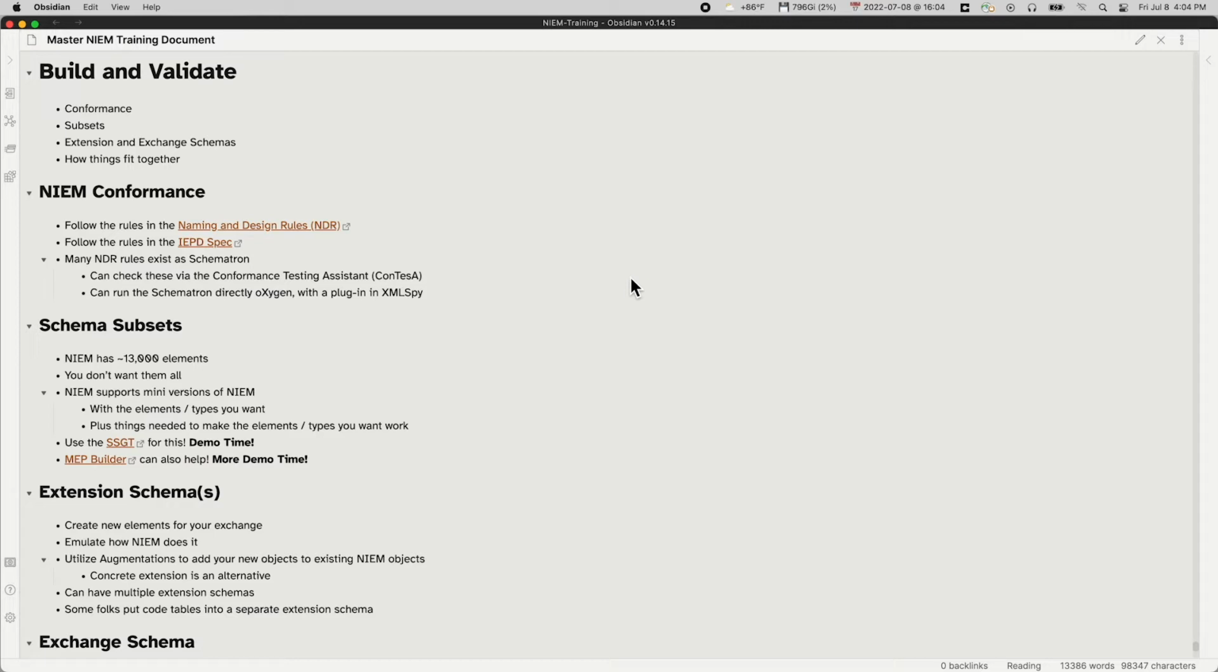So I said you don't have to read the NDR, but I also said the NDR is full of rules. So how do you make sure those rules are applied to your work? Well, you can do that because many of those NDR rules exist as schematron. They're assertions. They're assertions that XML looks a certain way. And there's a couple of ways you can check that. One way is using Contessa, which is an online tool. And we're going to look at Contessa in a little bit. And we're actually going to throw the sample IEPD documents against it to see how it works and see how it does reports. But you can also download that schematron directly if you're using Oxygen or if you're using XML